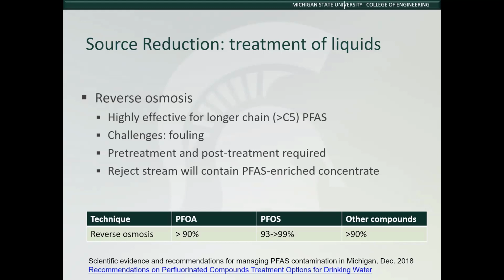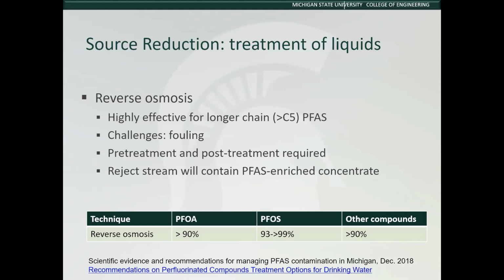Another challenge is scaling, which is the deposition or precipitation of inorganics on the membrane surface. As a result, pretreatment is necessary, and post-treatment is also required because of the corrosivity of the product water